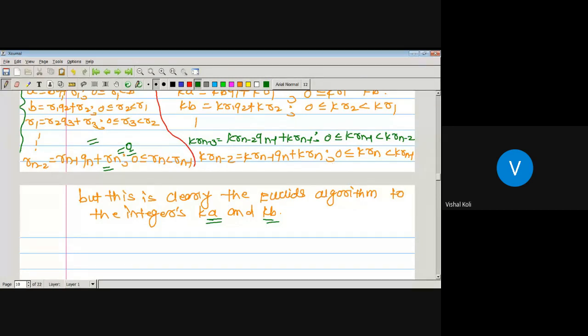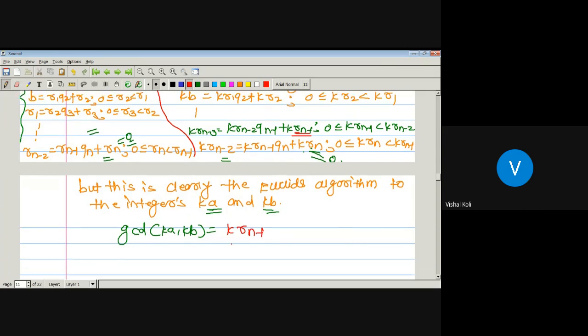As this is the Euclid's algorithm of ka and kb, then definitely k into Rn will be equal to 0. Whenever k into Rn is equal to 0, then what is its GCD? 0? अरे जीसीडी झिरो नसतो हो कधीच. लास्ट स्टेपला जर आर्यन झिरो होत असेल तर प्रिव्हियस स्टेप मधला आर्यन मायनस वन हा माझा जीसीडी असतो. लास्ट स्टेपला के इंटू आर्यन जर झिरो झाला तर प्रिव्हियस स्टेपचा काय जीसीडी असेल? K into Rn minus 1 will be the GCD. So it is k into Rn minus 1.